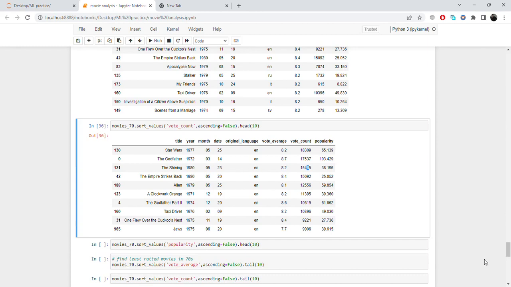So let's explore another column, that is popularity. Here you can see that The Godfather, with an 8.7 rating, has a popularity of 13.429, which is outstanding because The Godfather is an exceptional movie. But we are analyzing these two movies with the same vote average. One is Star Wars, one is The Shining. Here you will see